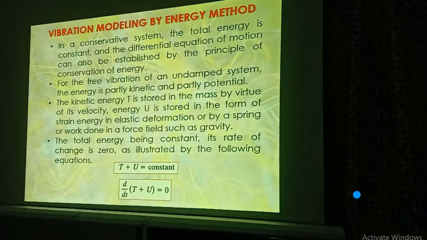Most of the vibration analysis systems that depend upon different dynamic conditions, we can find out their equation of motion and associated natural frequencies with the help of three most useful methods. One of them is Newton method, second is energy method, and third is Rayleigh's method. So inshallah, in coming week we will go for Rayleigh's method.